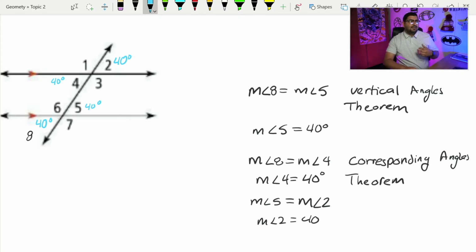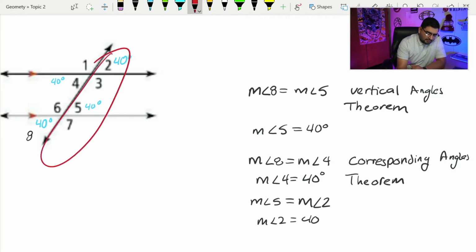The other is a theorem that we recently learned, which is the same side interior angles postulate. Actually, not a theorem, it's a postulate. So let's go ahead and talk about that postulate. That postulate says that if I have two angles that are on the same side,